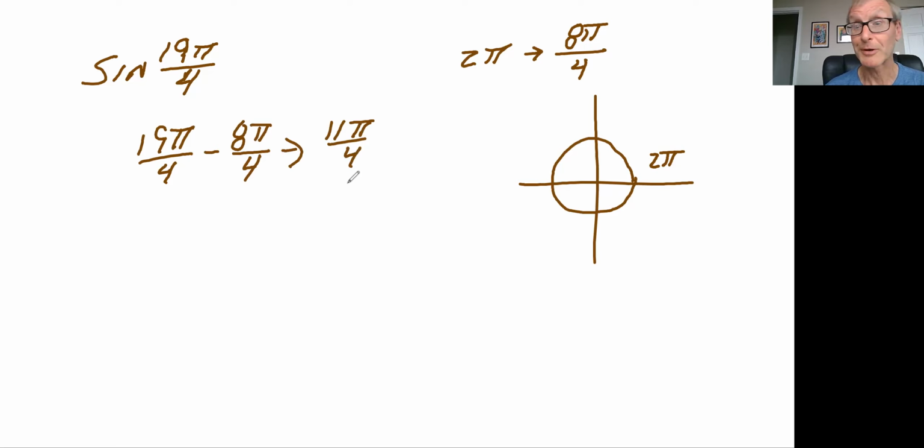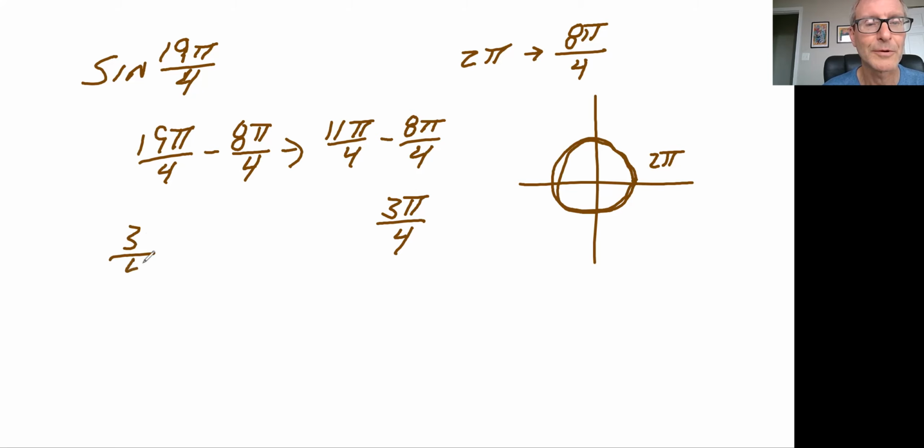And so it looks like we can go around one more time, right? So you go around again, another 2 pi. So let's subtract another 2 pi. And now we're left with 8 and 11 should be 3 pi over 4. And so we're going to travel another 3 pi over 4. And so that would be 3 over 4 times 180, which would be 135